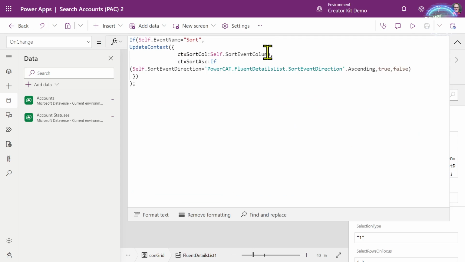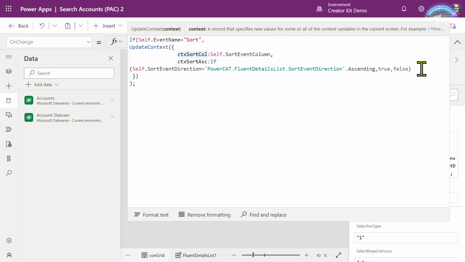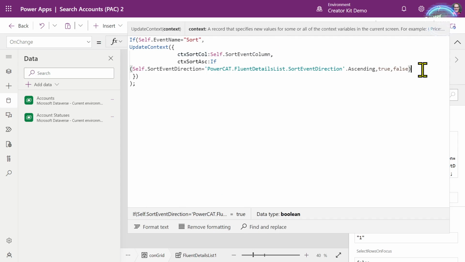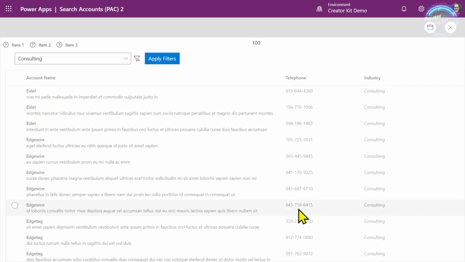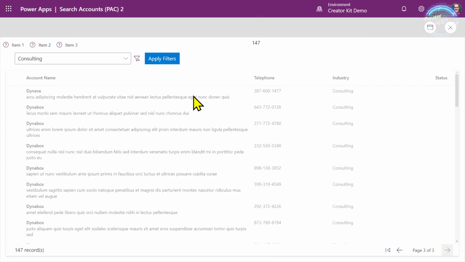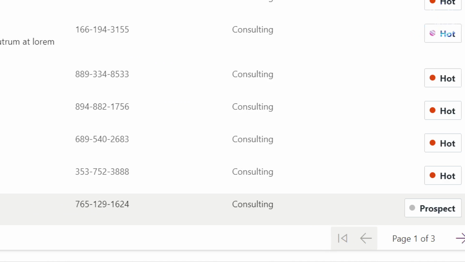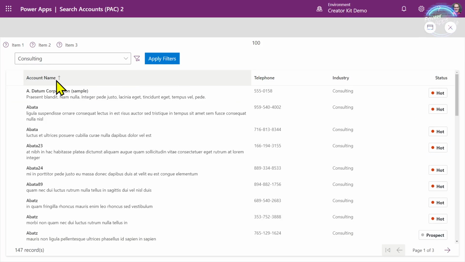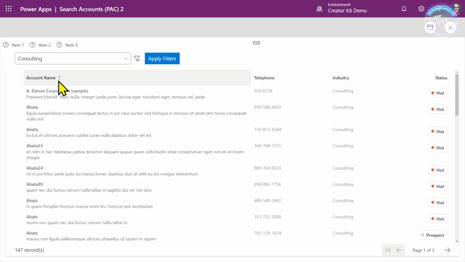As well as updating the sort context, we are going to add an additional update to page 1. So if I now run this, move over to page 3 and sort by industry, you can see it's moved back to page 1. That's standard behavior of a details list, especially in model-driven apps. That's exactly how it works.